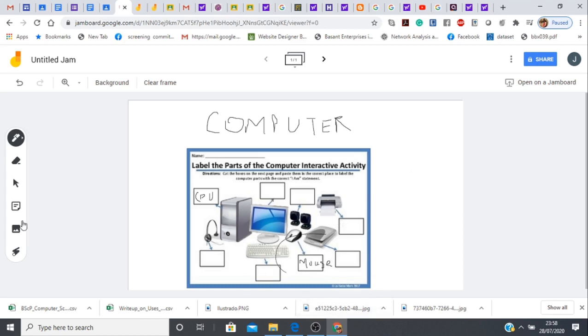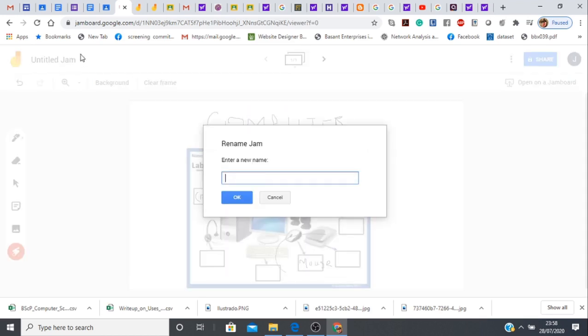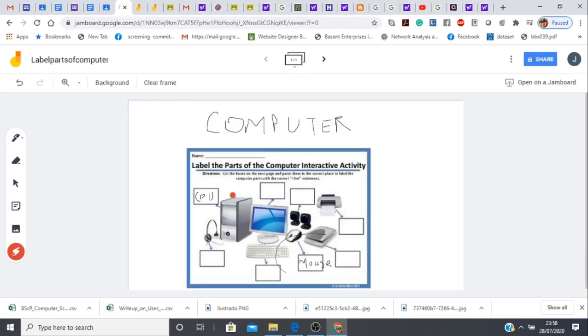So this is how we can use this interactive board. Here there is a laser pen, so we can show the students, okay, this part we are focusing on. So to point out anything, we can use this laser. It's very interesting, but we need practice to use this Jamboard. We can just save this jam in our Google Drive with some name. So we say okay.